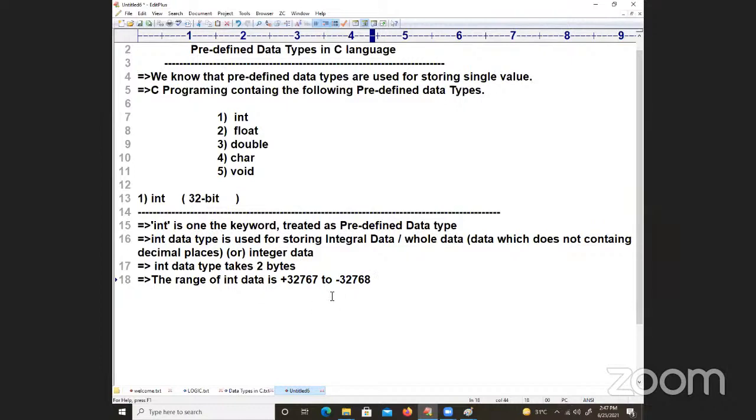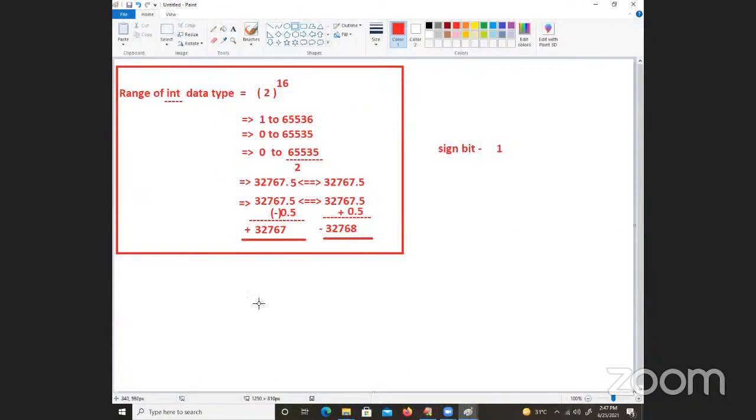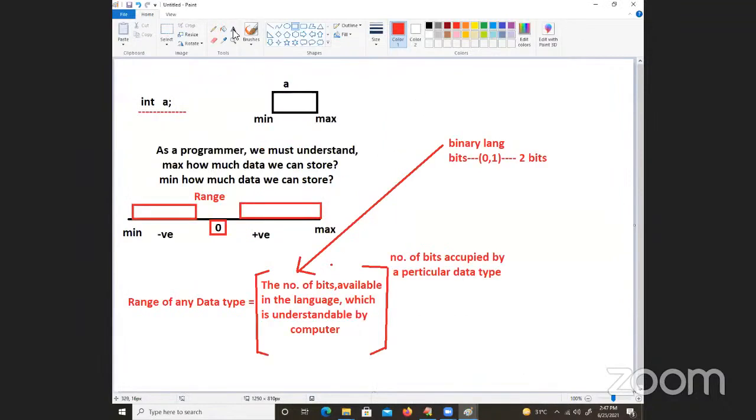32,767 to minus 32,768. Right? Yes, ma'am. Panindra, you are asking, sir, why these two parts? That's what I am saying now only. So much time I took on the same part. Why? Here, just now I told you.